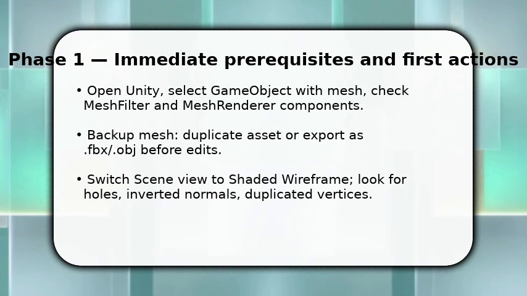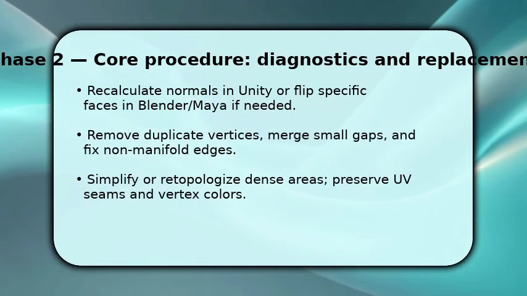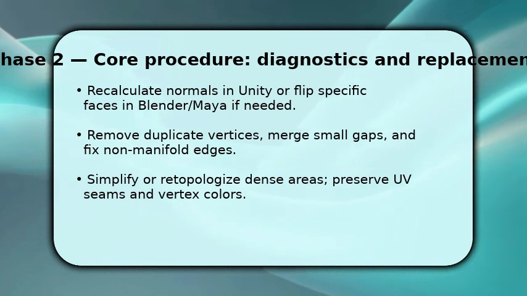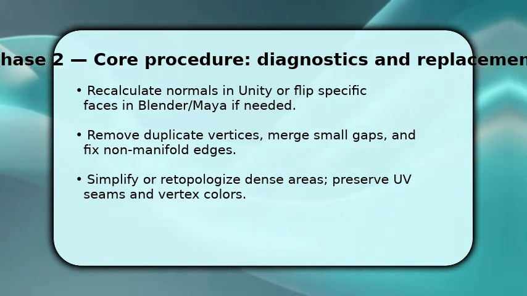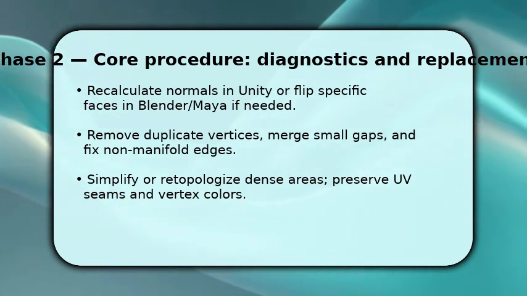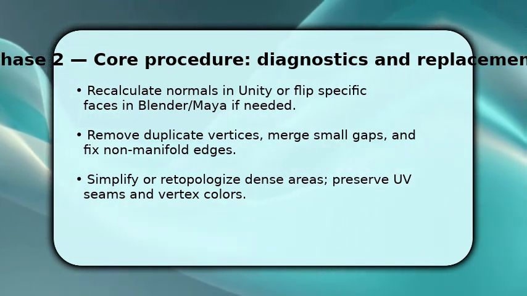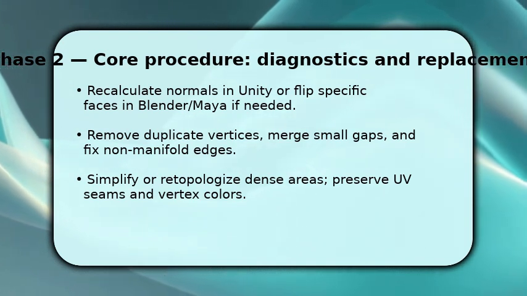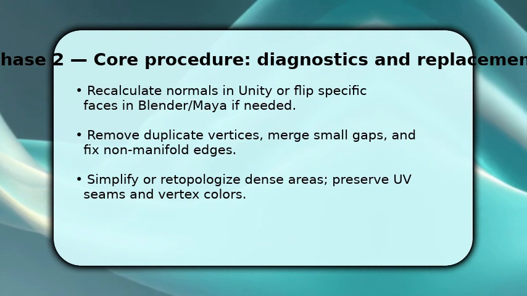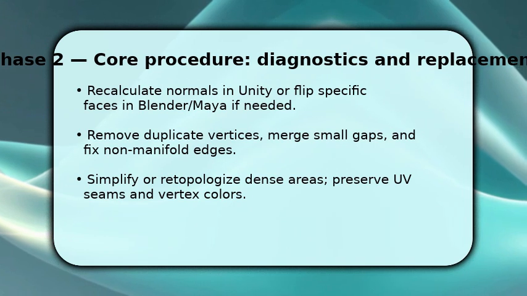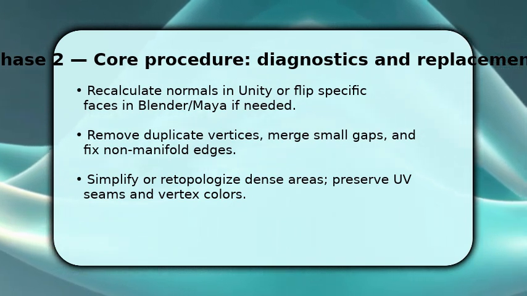Now you address the core geometry problems so lighting and collision behave properly. Recalculate normals in Unity with Mesh.RecalculateNormals, or flip problem faces in Blender. This fixes shading artifacts. Next, remove duplicate vertices and merge tiny gaps that cause holes and clean up non-manifold edges that break physics. If the mesh is noisy, simplify or retopologize dense regions while preserving UV seams and vertex color